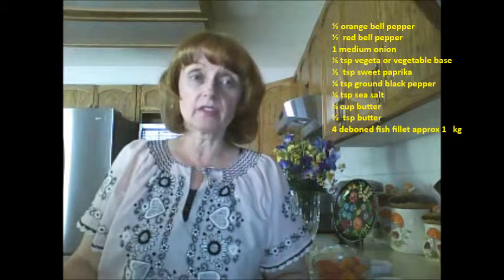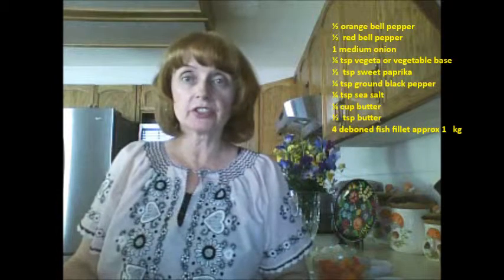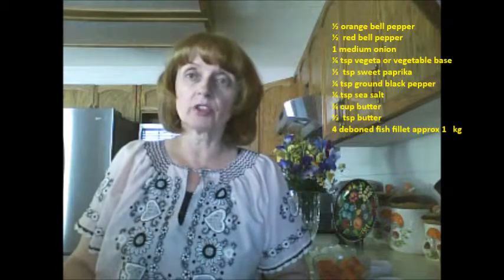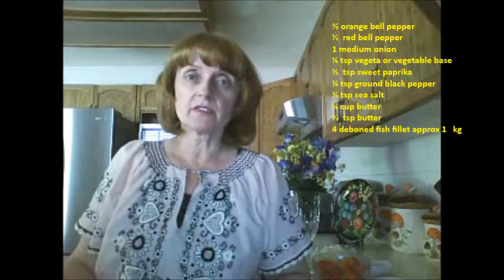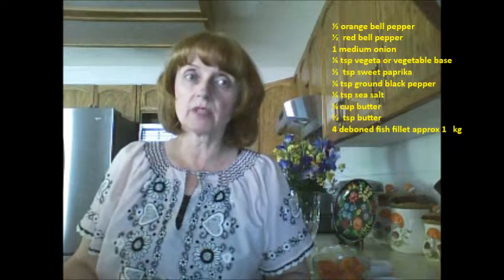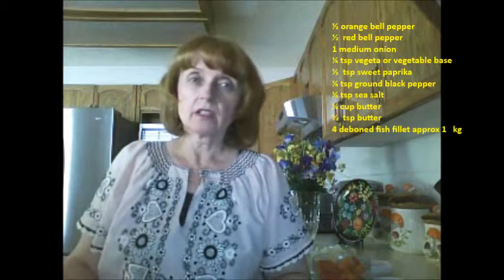I have another family favorite recipe that I'd like to share with you, and it's called baked fish, SÜLT HAL. This is a recipe that my mother would make after my father would go on a fishing trip, and he'd bring home different types of fish like trout and rainbow trout. So this works great if you have the catch of the day for fish, and you could clean the fish,